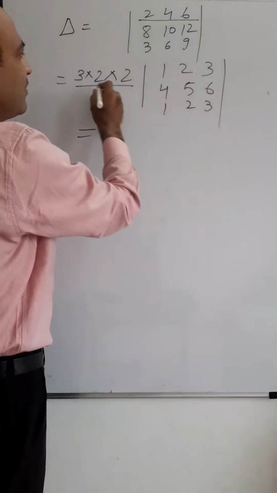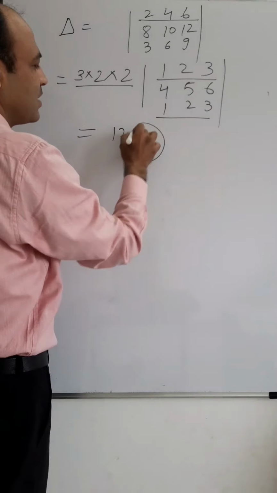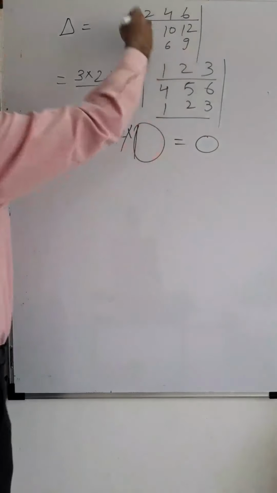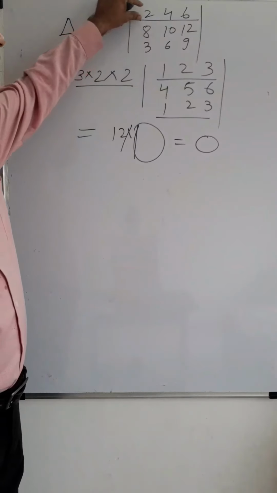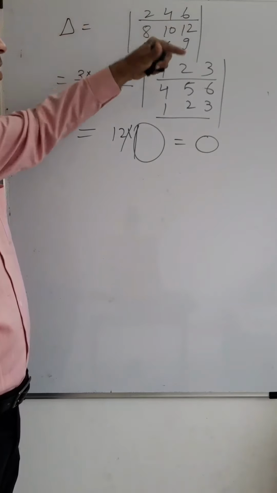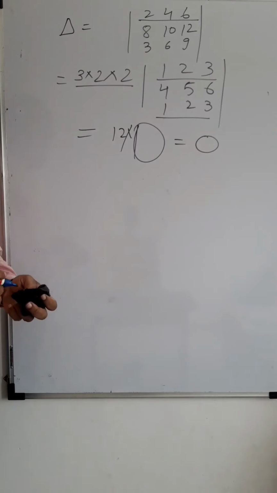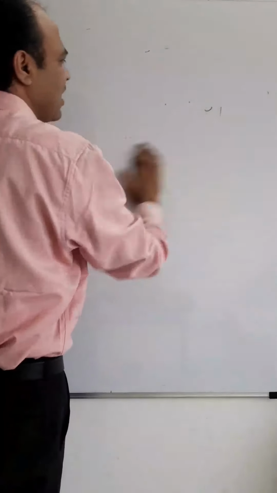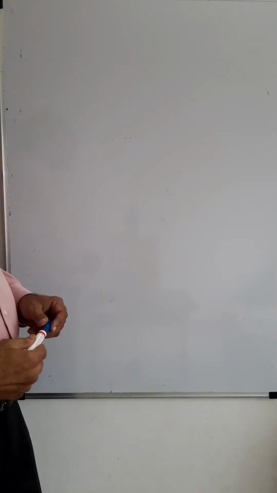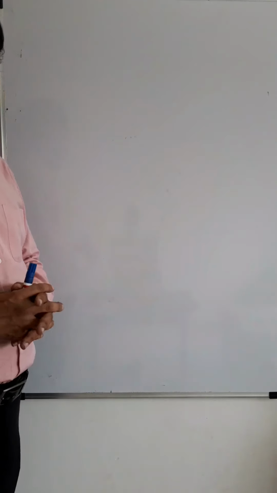Now in this problem it is observed that these two rows are identical, so the value of this determinant is 0. What you came to know is that you can take common from the first row, second row, third row, or column wise also. So keep this property in mind too. Next, these three are very important: interchanging of rows and columns, two identical rows or two identical columns giving 0, and taking the common part. These two or three are very important in determinants.